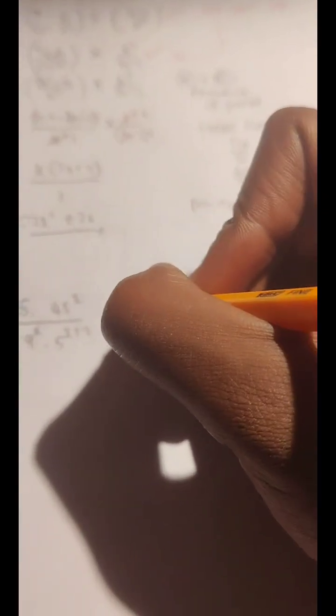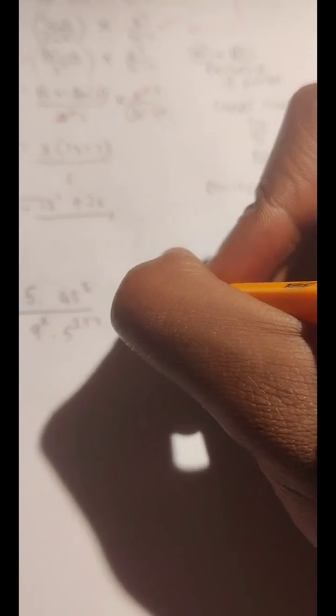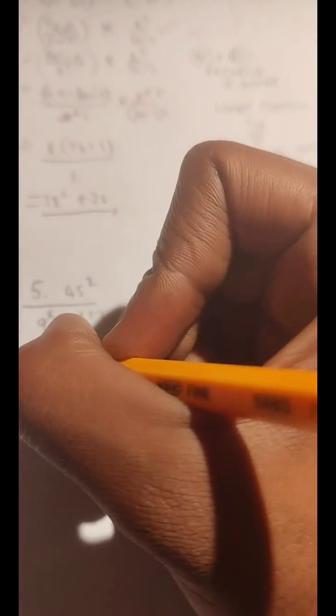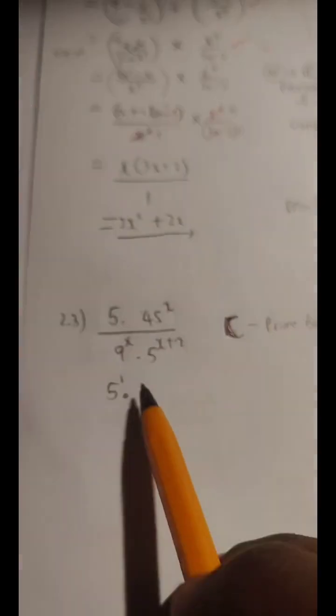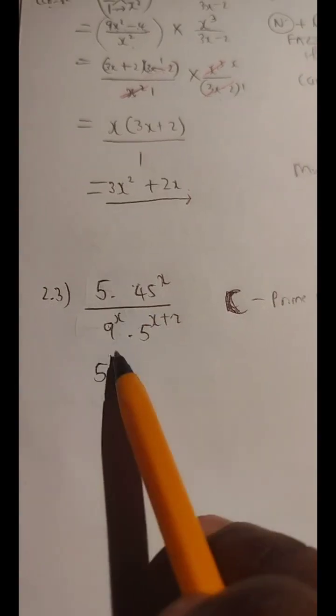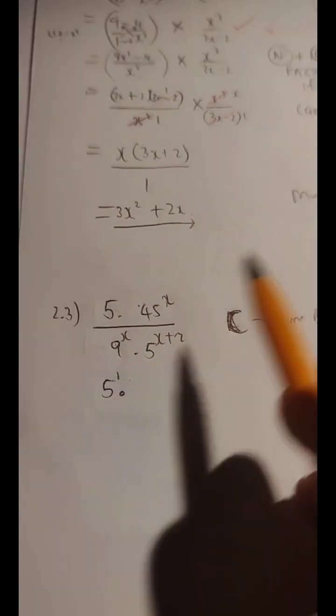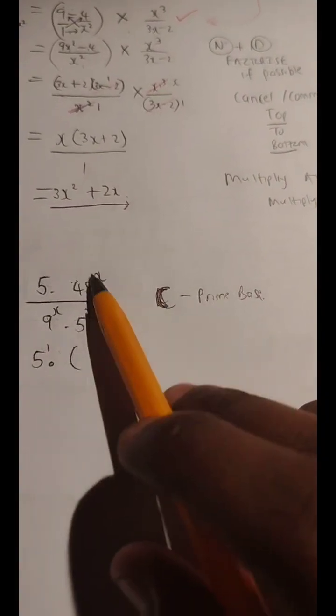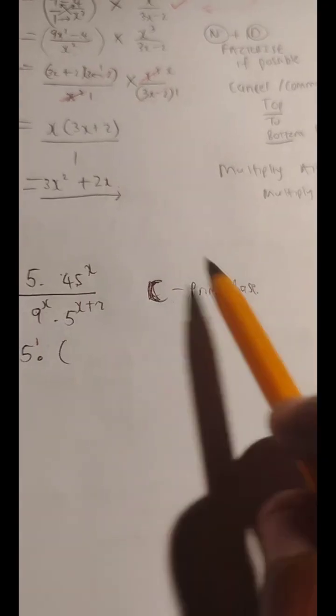So let's look at that way, converting all our composite bases to prime bases. Composite to prime. So 5 is already a prime base. I'm going to just show you that the exponent is 1, because oftentimes people omit to know that the exponent of 5 is actually 1. We change 45, we put it in brackets, composite number, to a prime base.